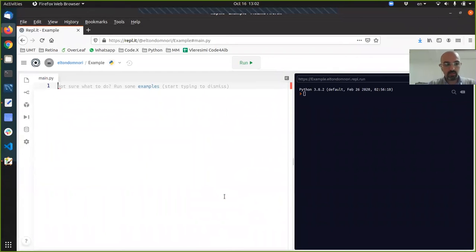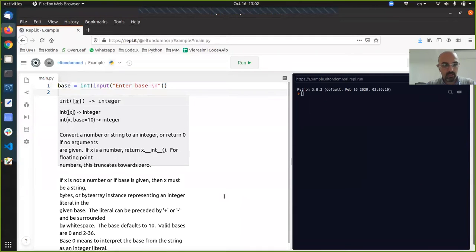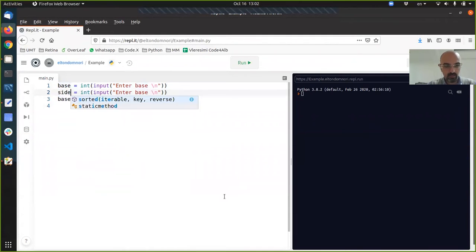So let's ask the user three numbers, and base equals to, we have to cast the input to an integer, enter base. Let's give a new line, and side A and side B. So we have taken three numbers in input. Enter base, enter side A